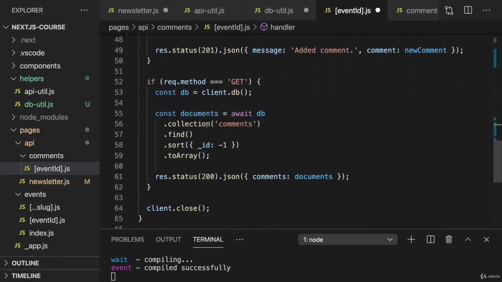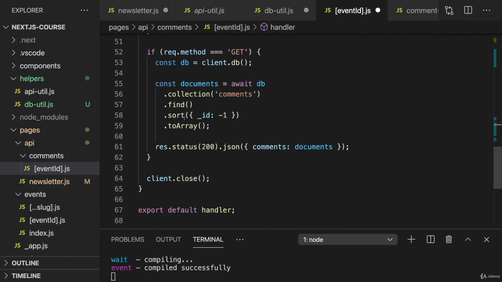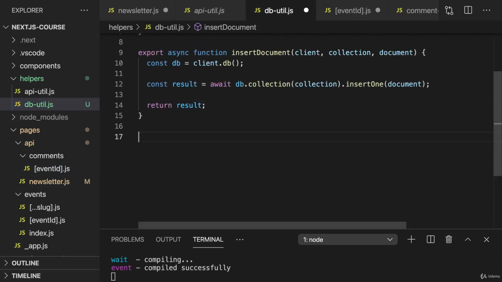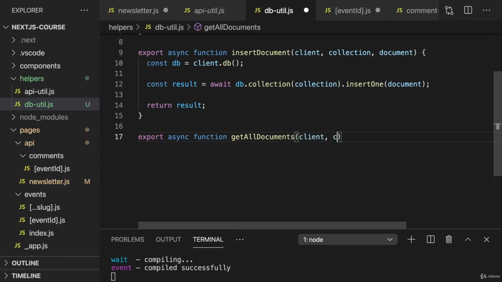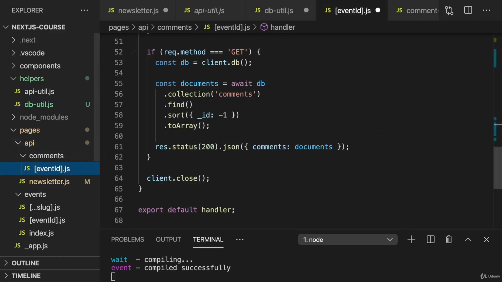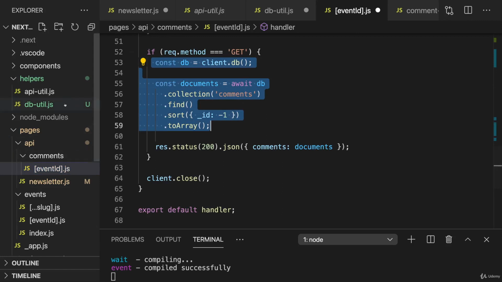Now the only remaining part is where we get our data. We can also create a helper function for that, even though we only use it here, but still to have a uniform approach when it comes to working with the database. I will go to the dbutil file and export another async function, get all documents, sounds like a fitting name. And here I also need the client and the collection from which I want to get all documents. And then we can take this code where we get access to the database and then fetch all entries in comments and paste that